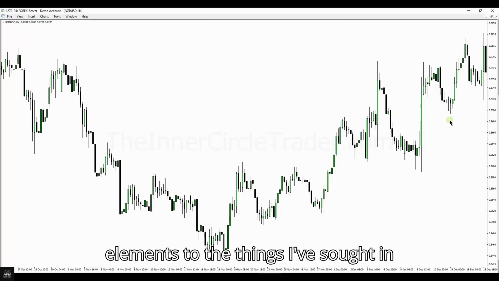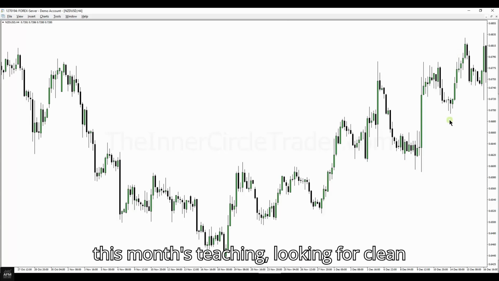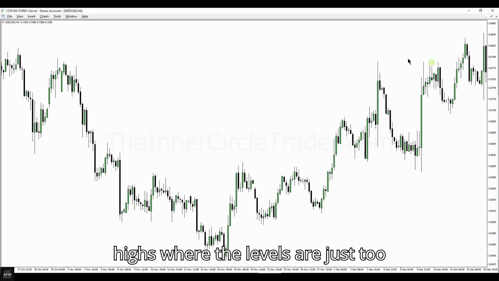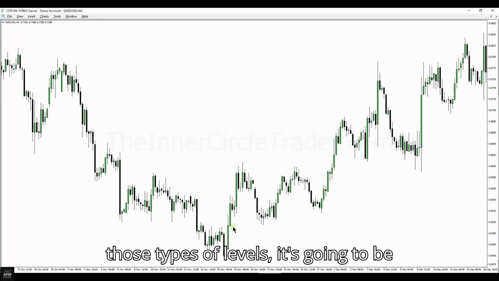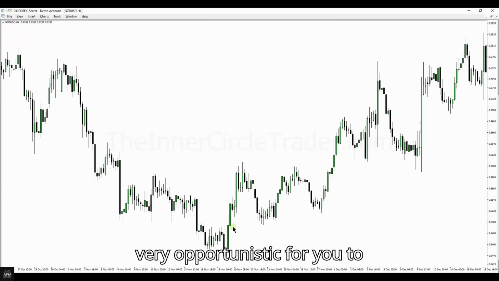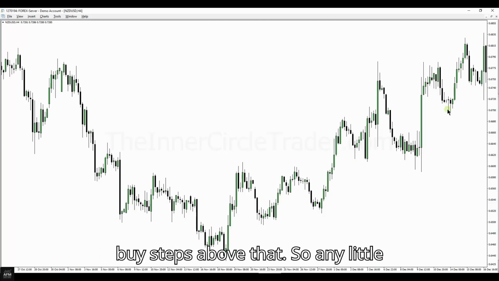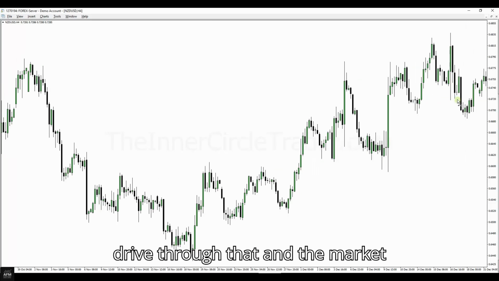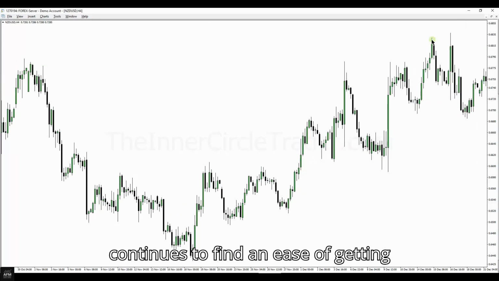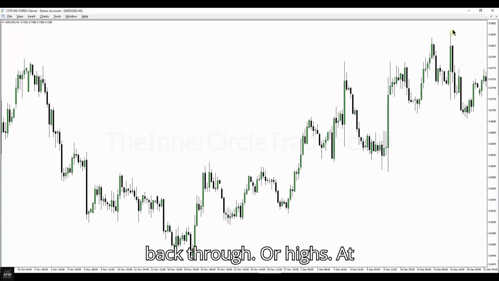Okay, so there's many elements to the things I've taught in this month's teaching, looking for clean highs where the levels are just too clean. When the market shows those types of levels, it's going to be very opportunistic for you to build the idea that there's going to be buy stops above that. So any little retracement sets the tone for another drive through that. And the market continues to find an ease of getting back through old highs. At some point,